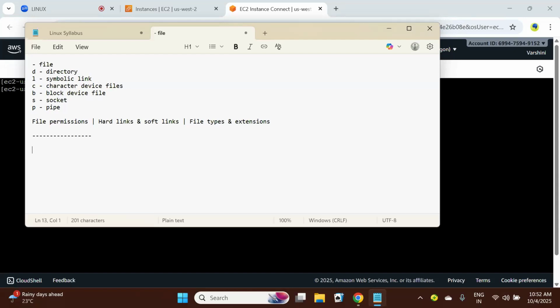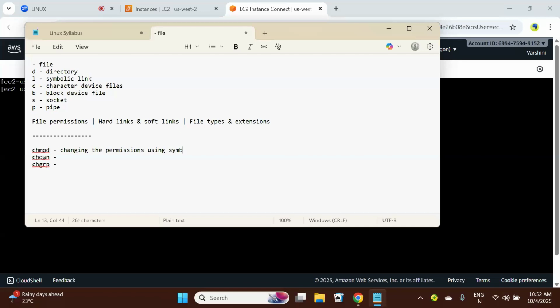Today we'll learn about chmod, chown and chgrp. So what does chmod mean? It's about changing the permissions, modifications, changing the permissions